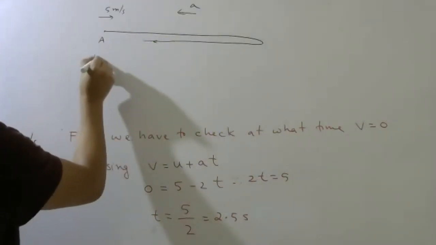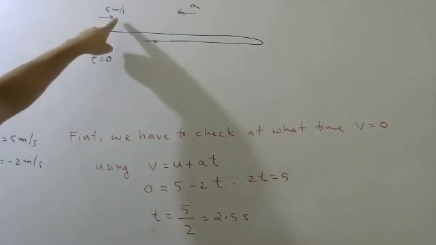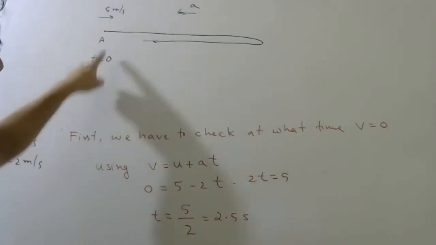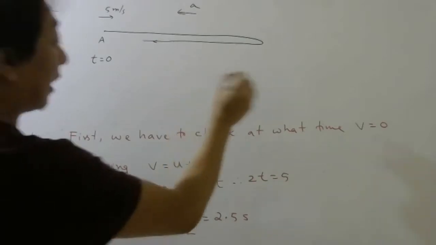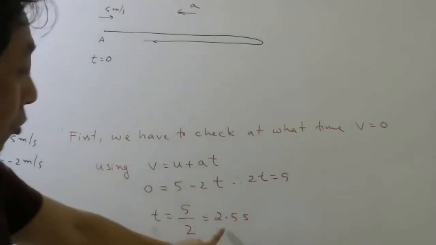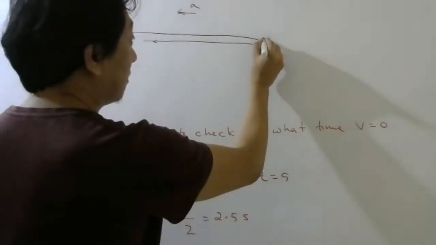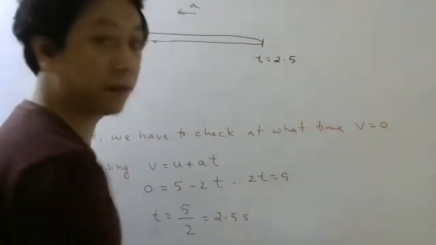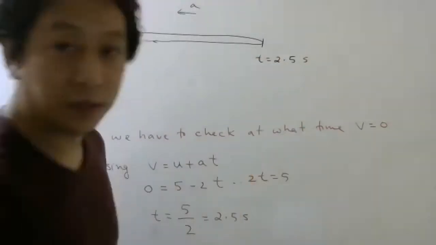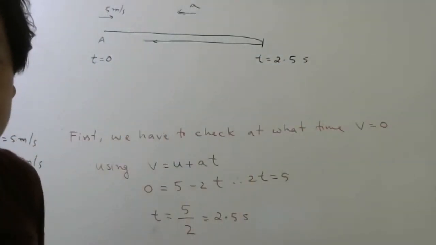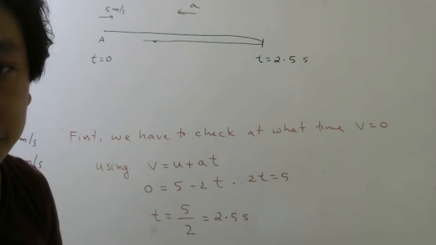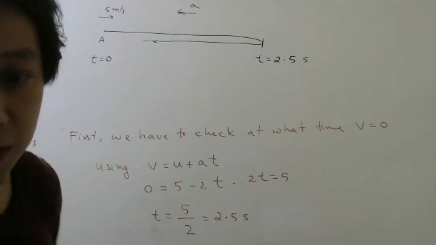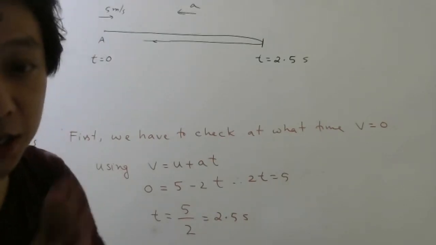Now this time is your starting time, because initial velocity is 5 meters per second. So at time 0, initial velocity is 5. At what time did it stop? 2.5. So when it reaches here, time taken is 2.5. Clear till here? Everybody, is the diagram clear? What I'm trying to show? Okay. Now, third second they are saying.